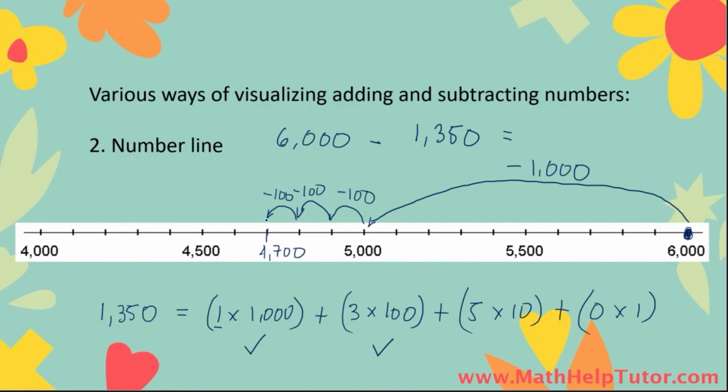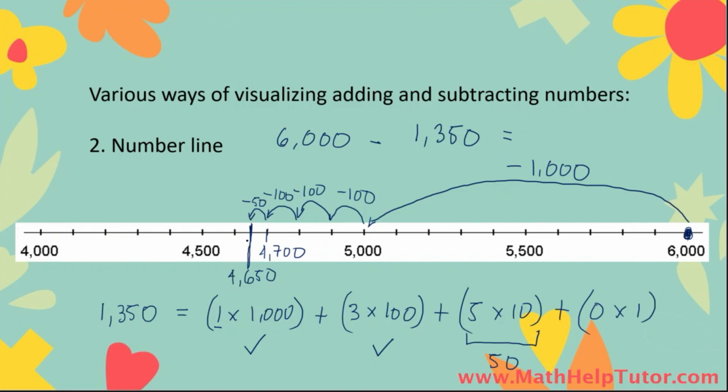So it's going to be hard to show the skip counting here because the increments are really small. In reality, it's going to look like this: 1, 2, 3, 4, 5. So we're not going to do that. Instead, we're just going to do this. It's minus 50, because 5 tens is 50. So we subtract 50 from 4,700, and that is over here, which is, if we subtract 50 from 4,700, we get